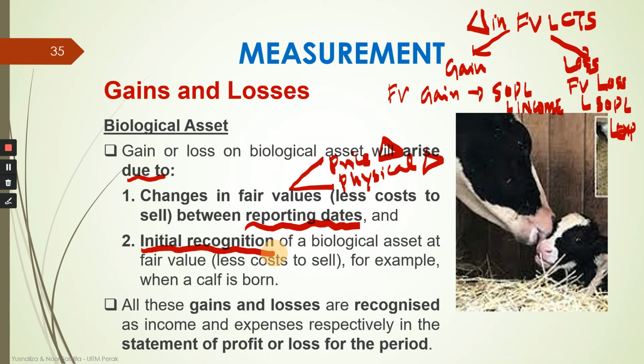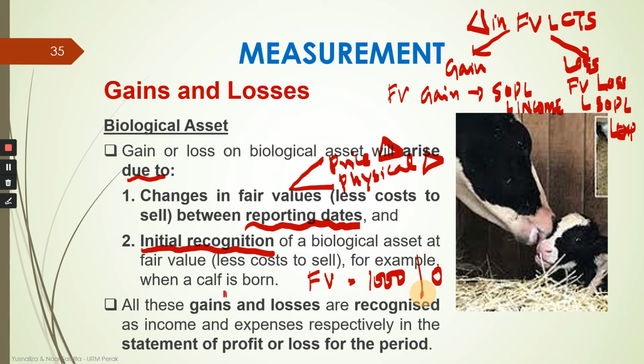For example, when a calf is born. Of course, when it is born, immediately there is a price or fair value of that calf, or maybe a cat. Let's say you are involved in cat breeding. The moment it is born, the fair value, let's say, is 1,000. But before that, the price is 0. So the change in fair value is 0 versus 1000, so it becomes 1000. This is a gain on initial recognition. So normally when an animal is born, it will give rise to a gain on initial